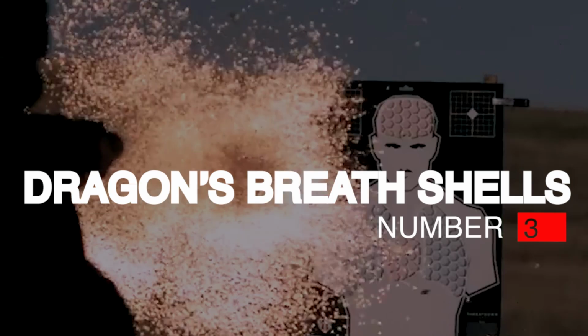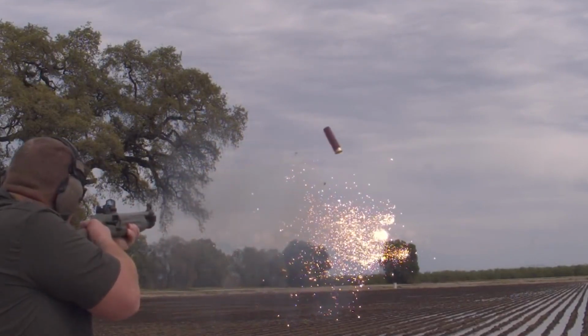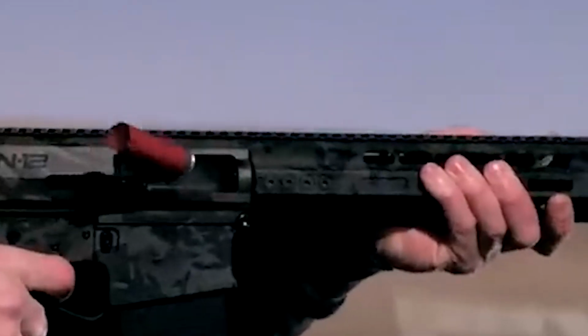Number 3. Dragon's Breath Shells. The end of John Wick Chapter 4 is a thrilling and unforgettable scene, as the skilled slayer battles his way through a building full of enemies. The camera captures the action from a top-down perspective, allowing viewers to see every move and every shot fired by